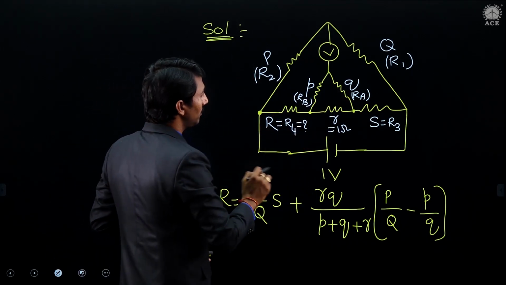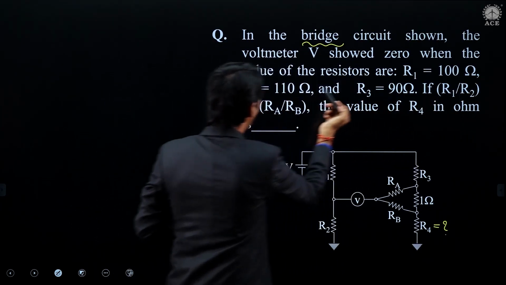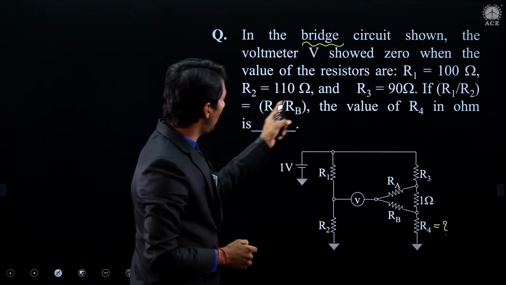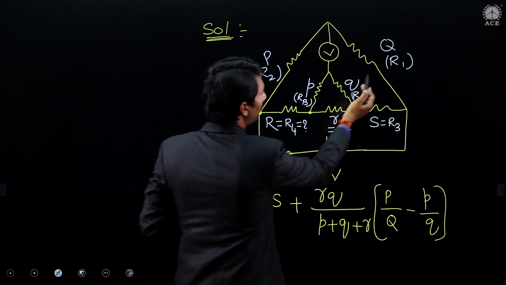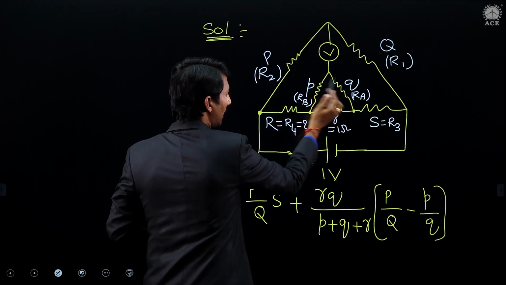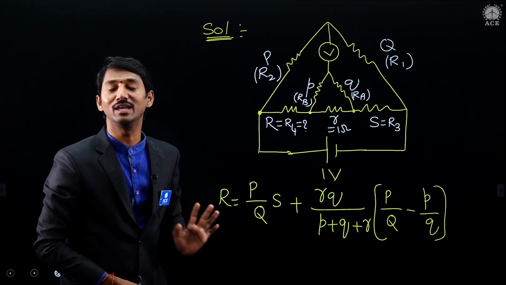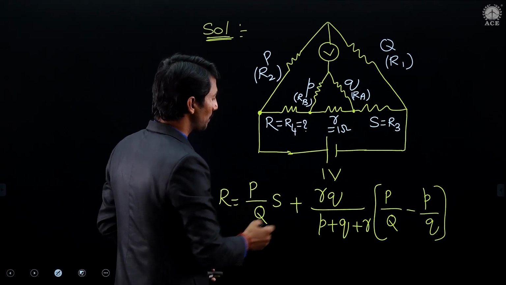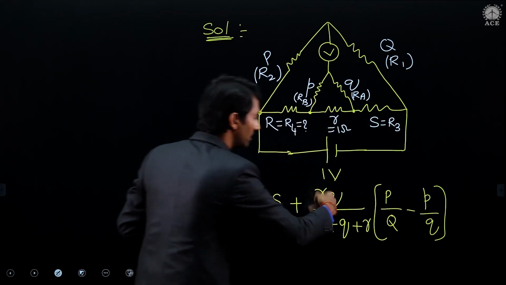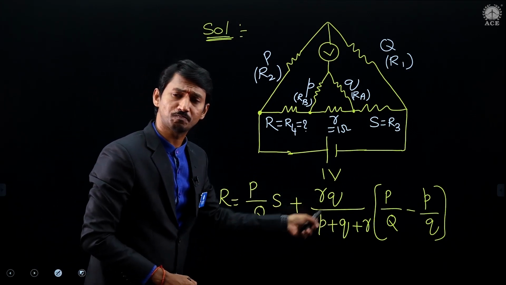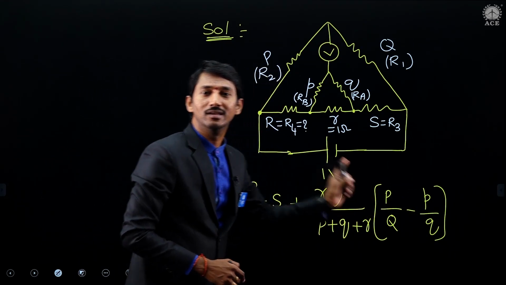Well and good. Here, if you observe this clearly, concentrate here. R1 by R2 equal to RA by RB. He has given that. So R1 by R2, RA by RB means the P by Q ratio and the small p by Q ratio, both are the same, he has given. So if these two values are equal, this entire value is equal to simply which value? This and this are the same, so automatically this entire value is 0.